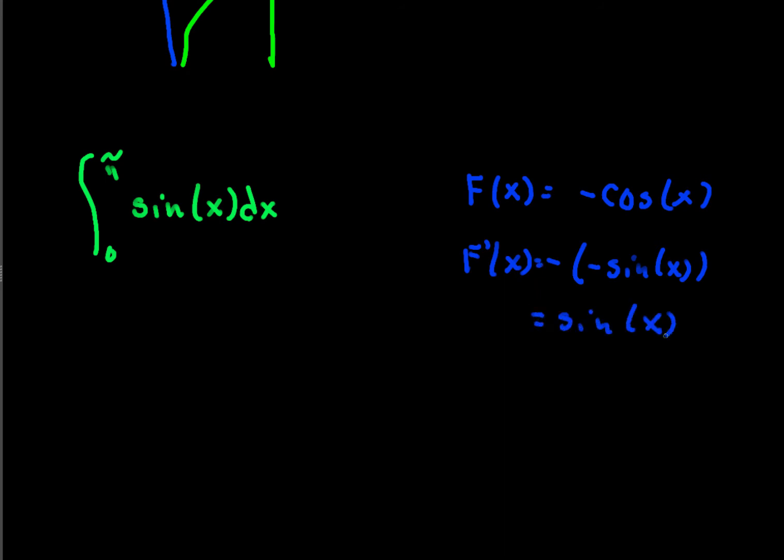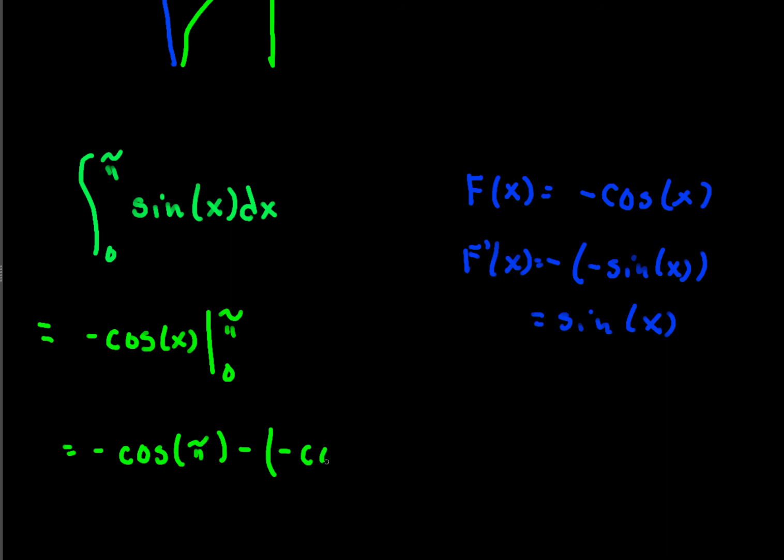So sure enough, negative cosine is an antiderivative of sine, and so this integral is just negative cosine of x evaluated between 0 and pi, which is equal to negative cosine of pi minus